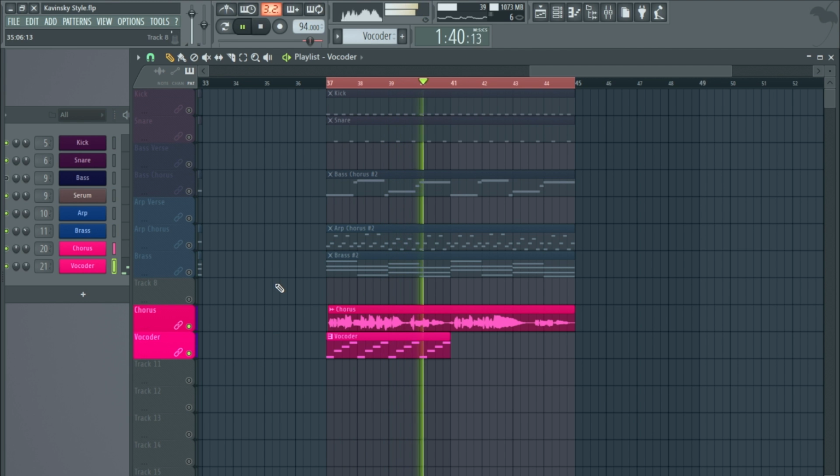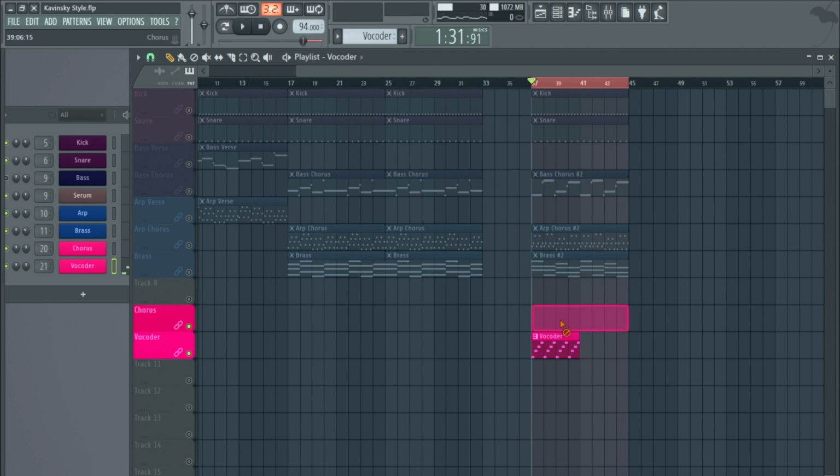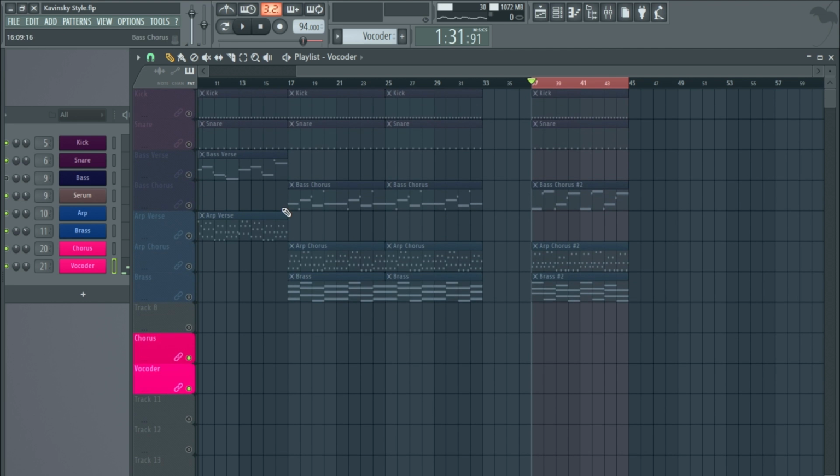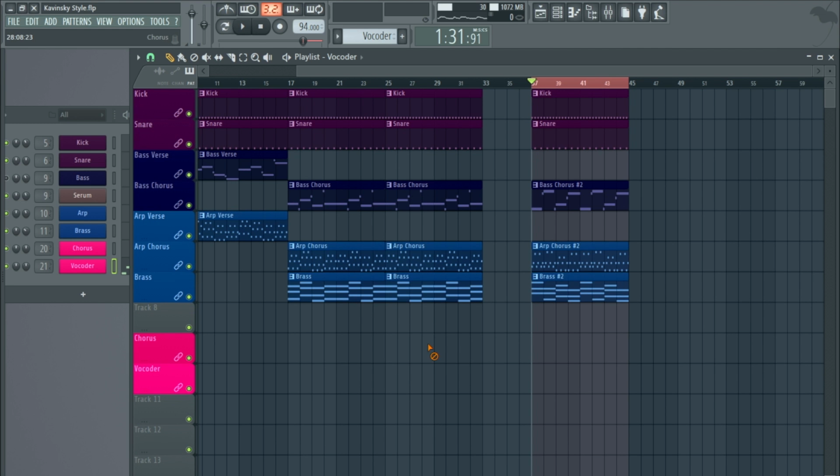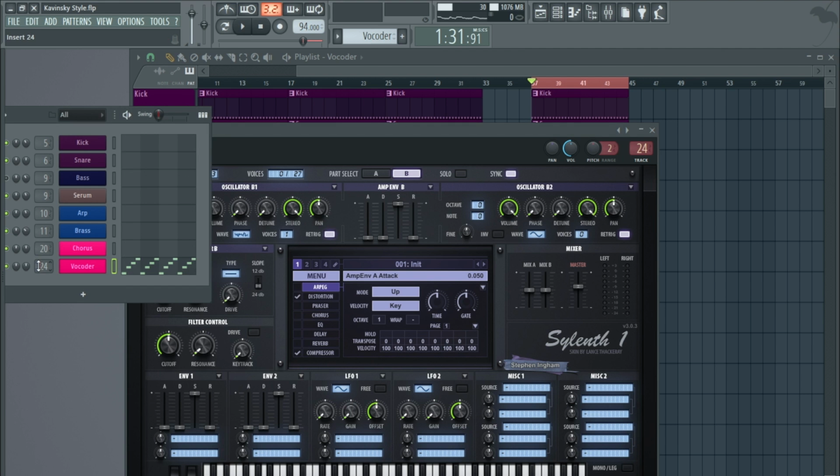So it's a very, very simple way there of how to use a vocoder in the style of Kavinsky. One thing that I would say is that the vocals, when you listen to the vocoder part, are very, very raw and dirty. So one of the things you could do is, when you're looking at your carrier,